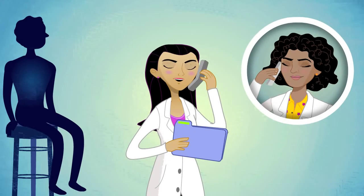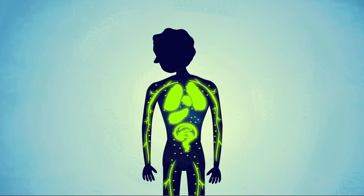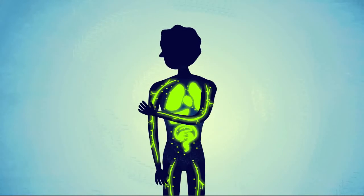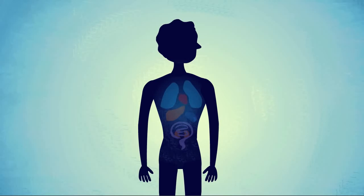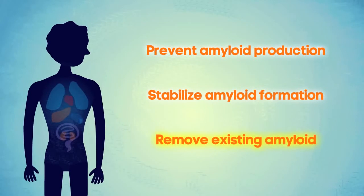Early and precise diagnosis is essential for patients to benefit from the many treatments now available. Depending on the type of amyloidosis, treatments may include chemotherapy, cardiac care, organ transplantation, or targeted drug therapy. In each case, the aim is to reduce or eliminate the supply of amyloid protein so that organ function can improve. There are 3 general approaches to disrupt the formation and deposition of amyloid, which vary according to the type